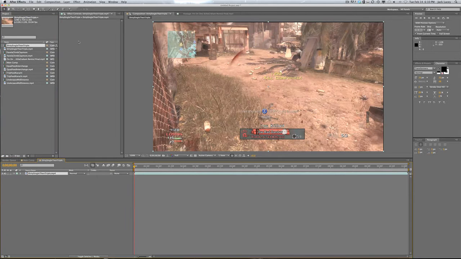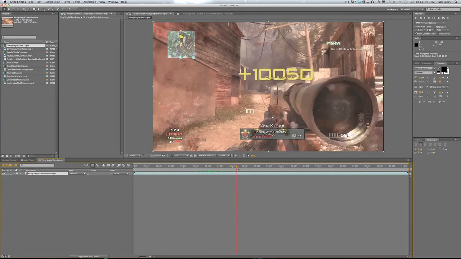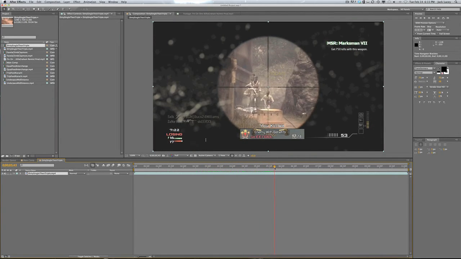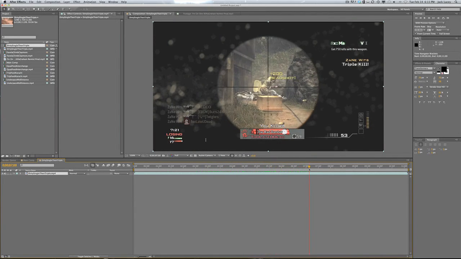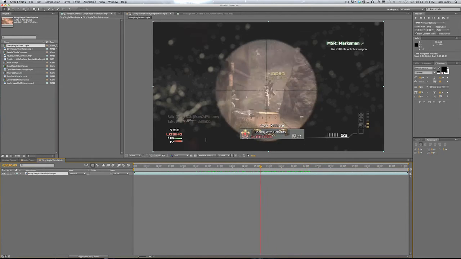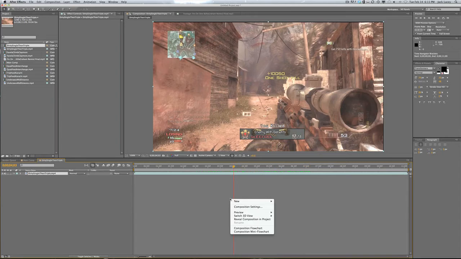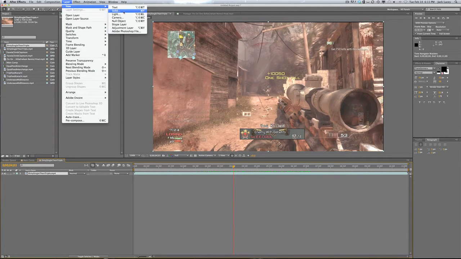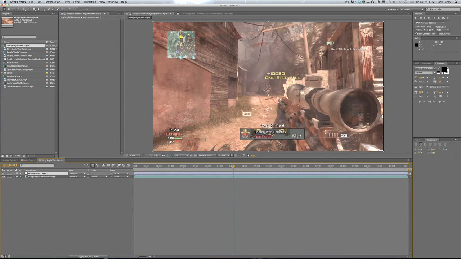So I'm gonna go ahead and jump into this triple kill cam. I mean, not triple kill cam, just triple. And so he gets a kill there, and then boom, triple. So what I do right here is I just right click and hit new adjustment layer, or if you can't do that, go to layer, new adjustment layer, make sure it's on top,